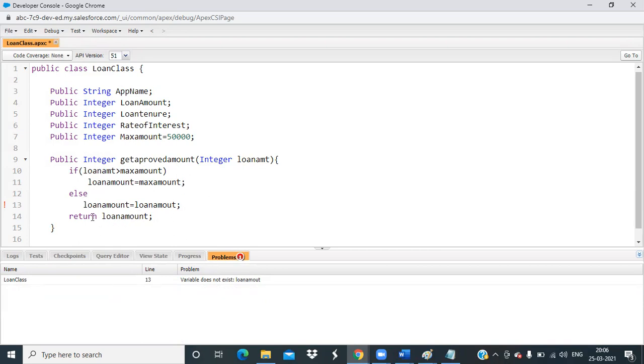So this is the input amount. This is the approved amount, loan amount. Okay, this integer, this variable. I'm copying it so it will not create any confusion.